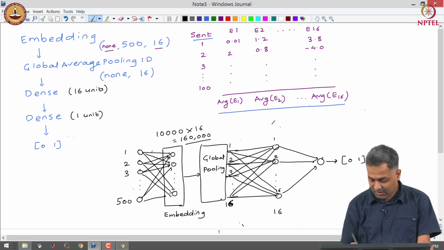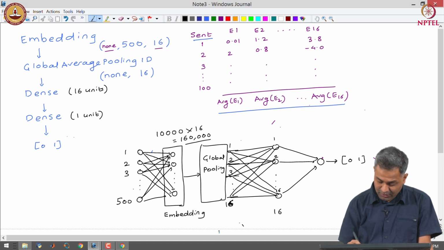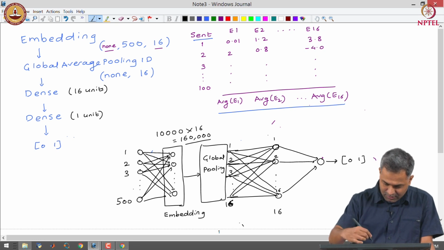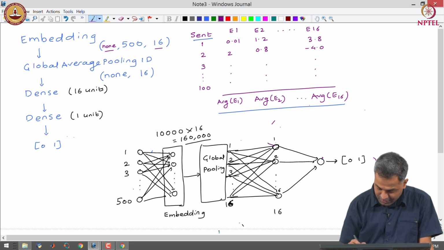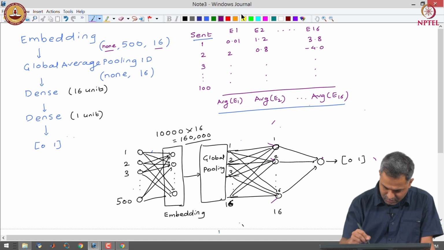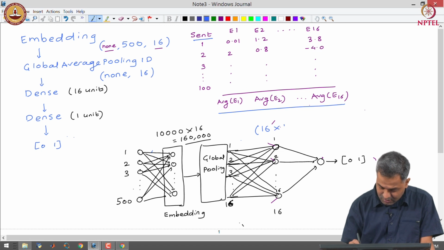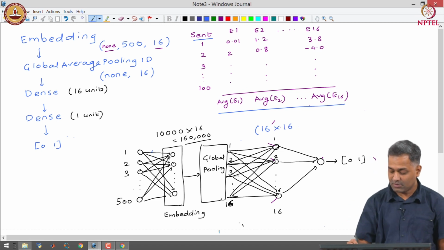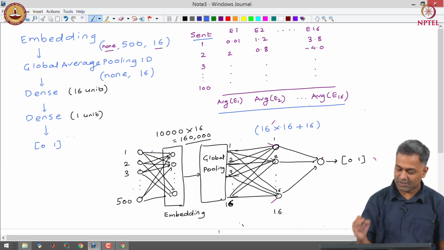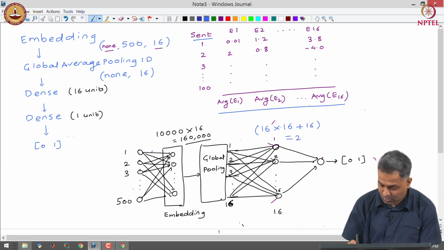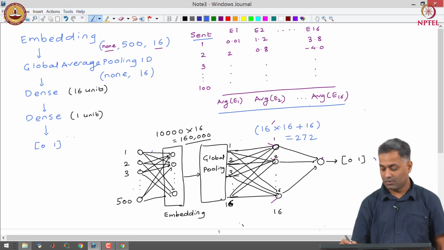Now, each of the hidden units has 16 inputs. There is a weight corresponding to each of the inputs, so there are 16 parameters per unit and there is a bias parameter. There are 16 units, plus 16 bias parameters, that makes it 272 parameters.